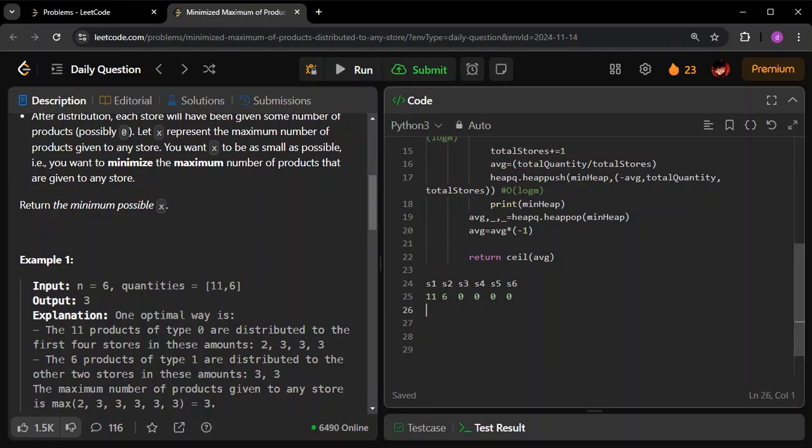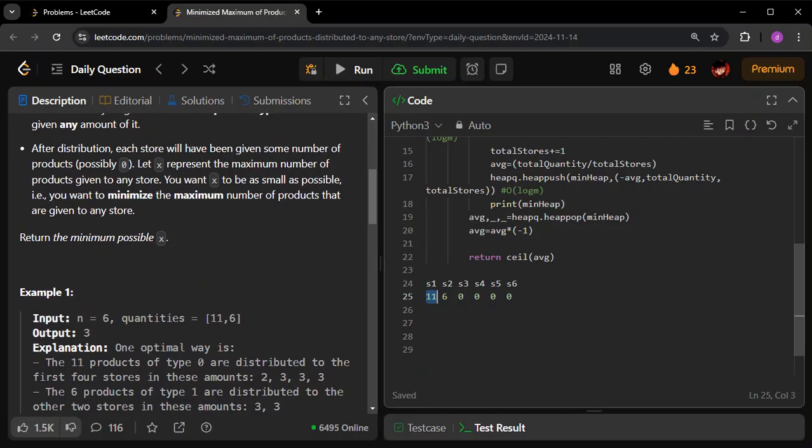Let us see what happens next. What is step one? Here there are 11 present. The highest is 11. So I will try to distribute some part of it to the other store also. Let us divide, because this is contributing to the answer currently. 6 is not contributing to my answer. Why? Because the highest is 11, right? We have to reduce the highest. That's what the answer is. We want to minimize the maximum number of products that are given to any store. Remember that, only read this thing, you don't have to read the whole thing. This is the question basically: minimize the maximum number of products given to any store. Since only 11 is contributing to the answer currently, I want to minimize the 11.